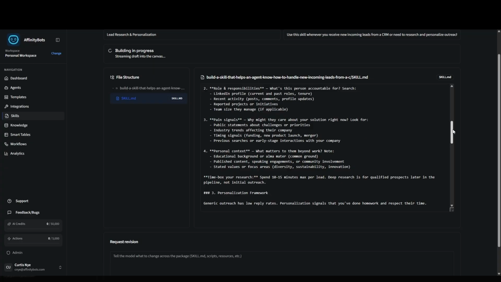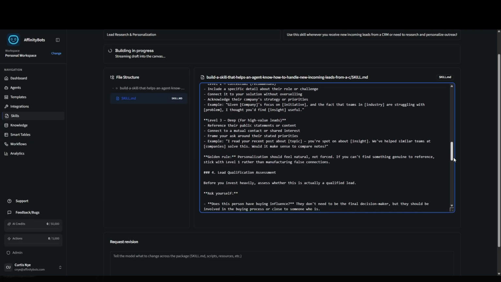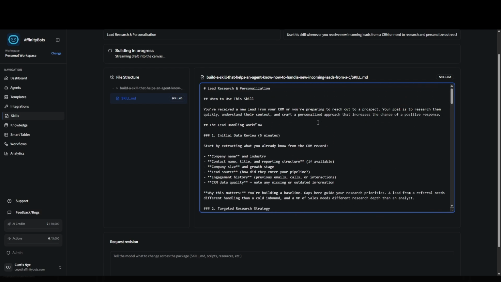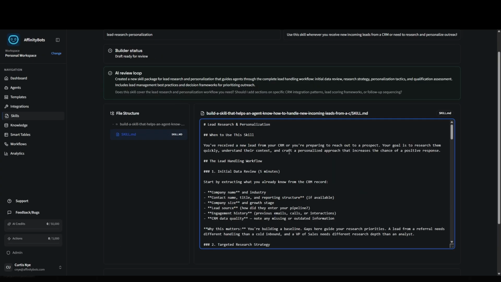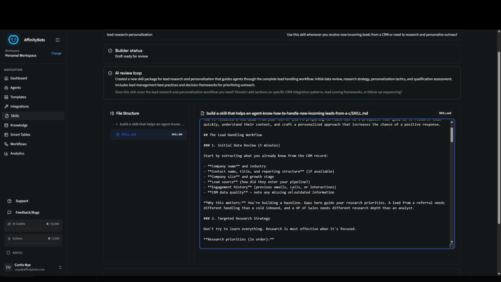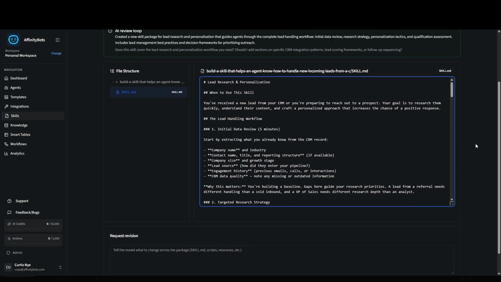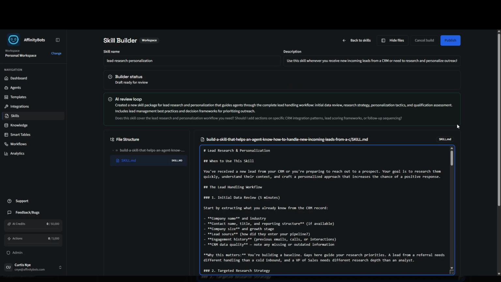So it's going to go ahead and build this for you. You can go ahead and take a look. There's not a lot we can do in the meantime while it's building, but I can explain what it states. So it's building this skill MD on the front end, and then if it does determine that it needs any resources or skills, or assets or anything like that, it is going to build that on the back end and add them in here. So all you're seeing being built is the skill. However, a lot of times it will add additional files in here, which it did not do this time. So that was not a great example, but